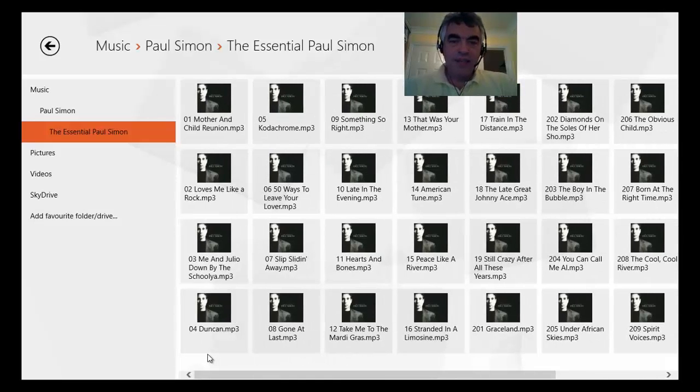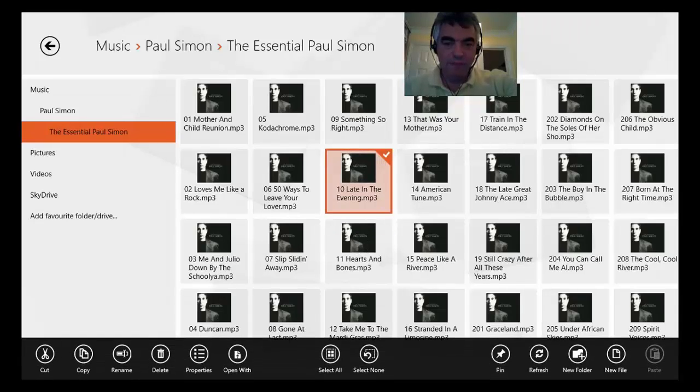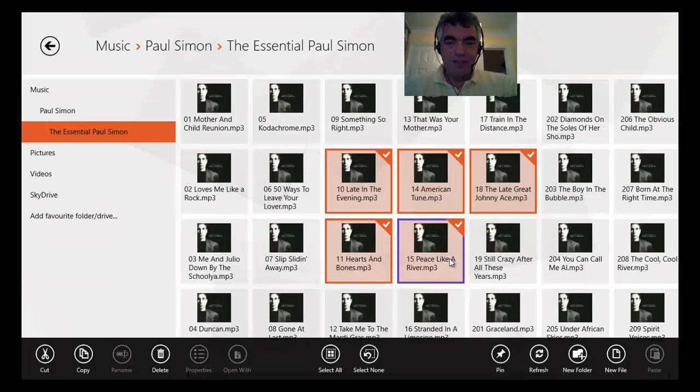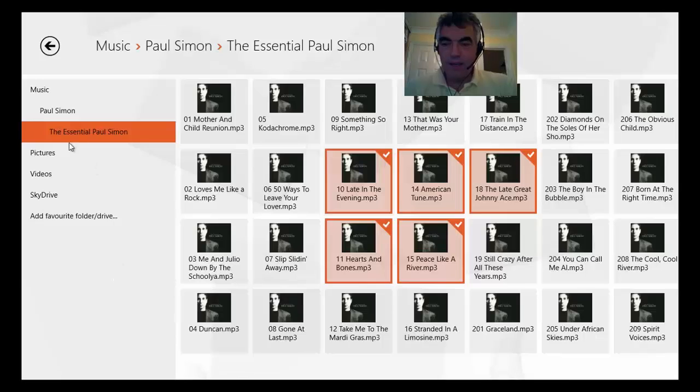And Windows 8 has this paradigm where if you want to select something, you swipe in the opposite direction to the pan. So this is panning horizontally, so I swipe vertically and I can select. So there I've selected a few things. With the mouse, it would be right click like that, and then right click to deselect again. So very easy to select multiple items, and then I can do something like copy,